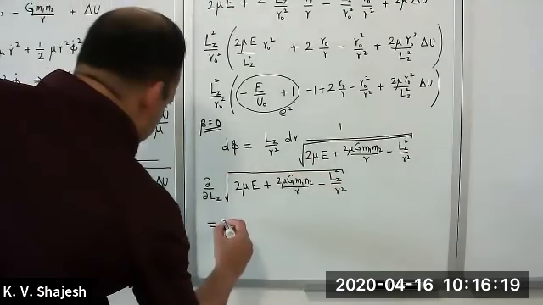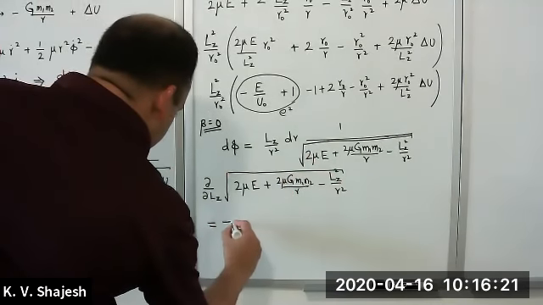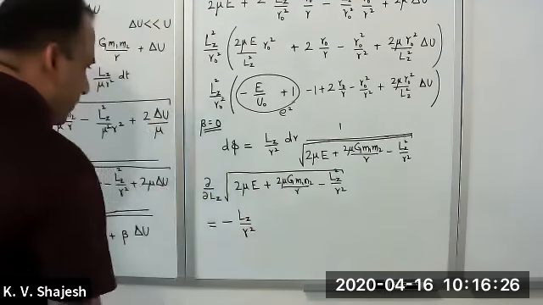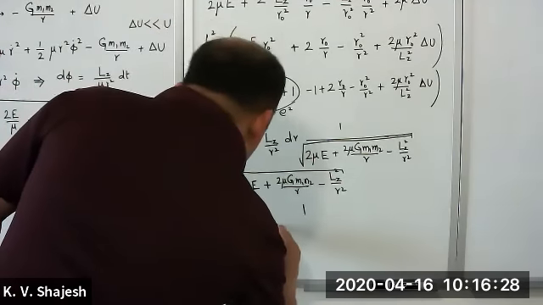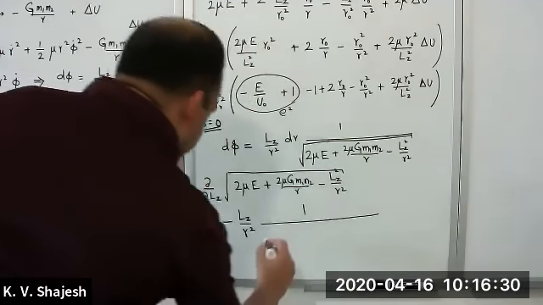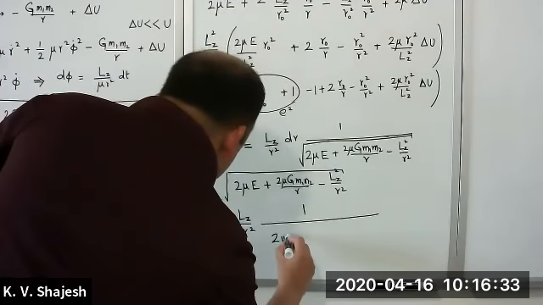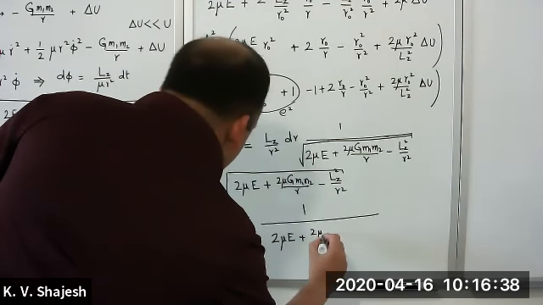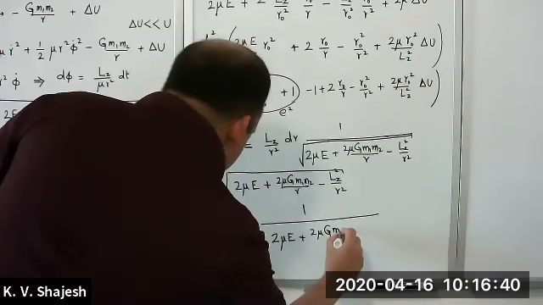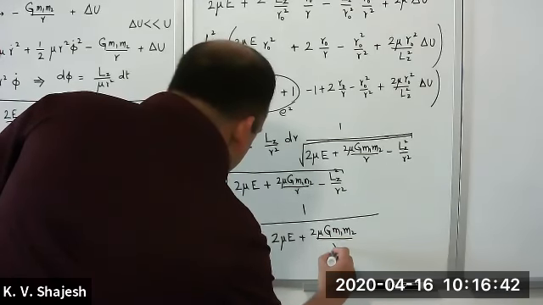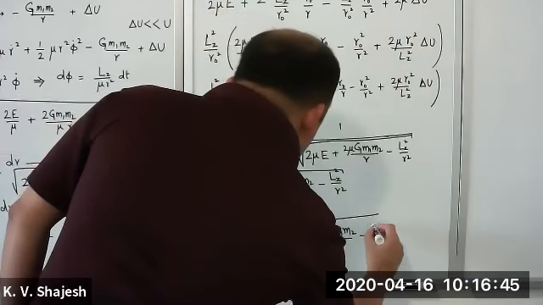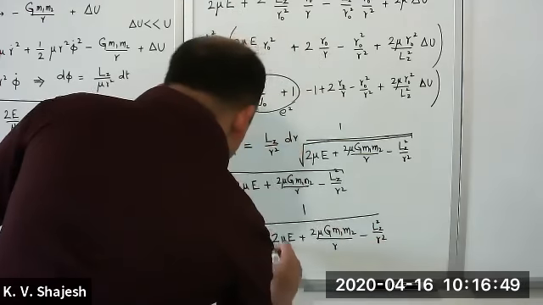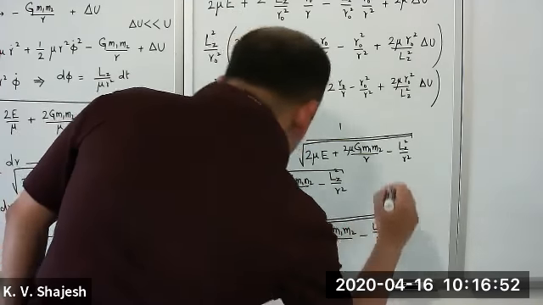So 2 cancels out, and it's minus LZ over R square times 1 over the square root of 2 mu E plus 2 mu